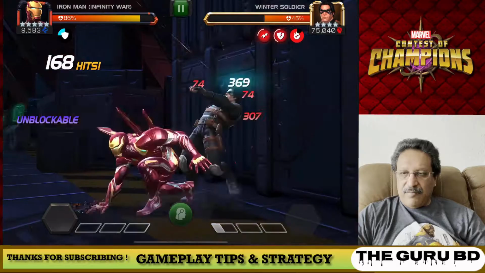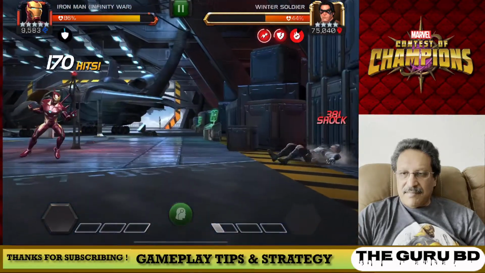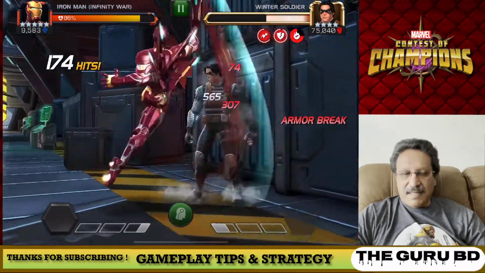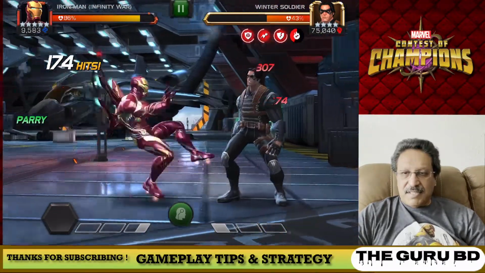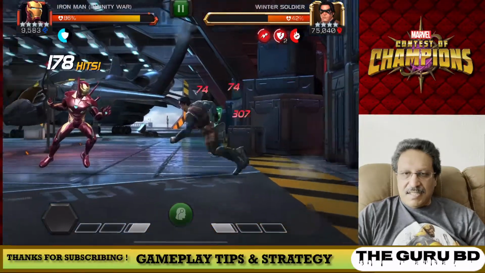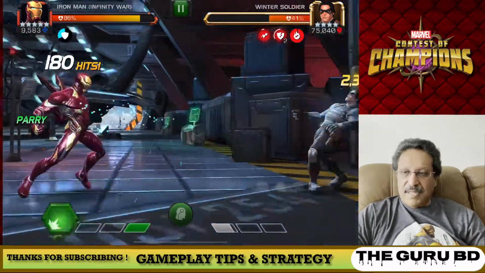Fire up the SP1, which is always unblockable and nice to apply that shock, and I think that is where he does most of his damage over time. It'll be interesting to see how many hits it's going to take down this Winter Soldier. It seems a bit long right now compared to the HULKBUSTER,